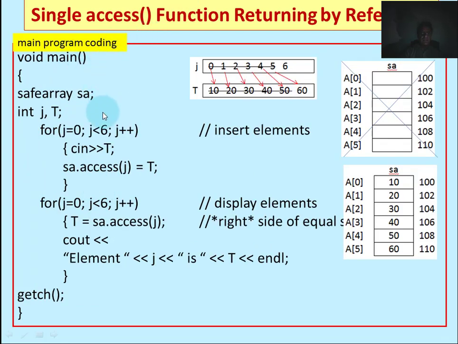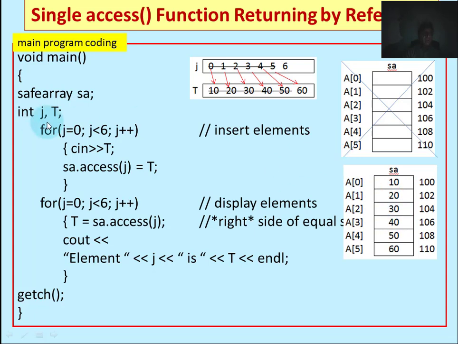So this is the main program coding. S is a safe array. Similarly, this is the safe array and S is our object, and this is the memory given by the class, and this is the modified form of that memory through these two loops. And the first loop inserts the values in this memory. So the blank memory has been cancelled and it has been replaced with